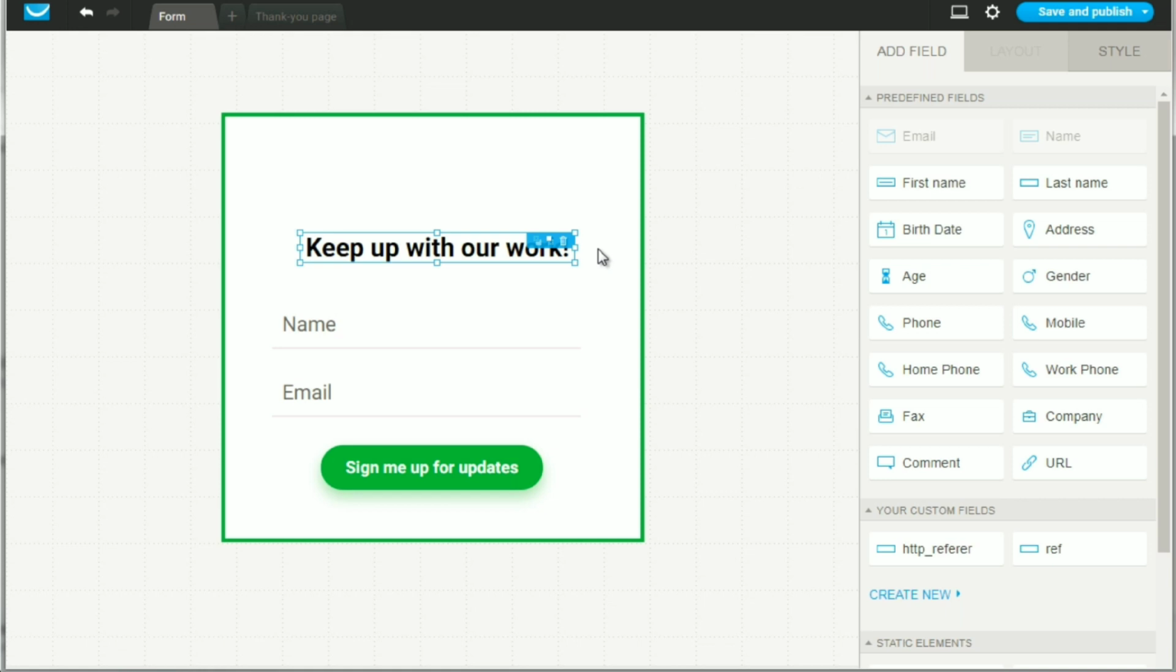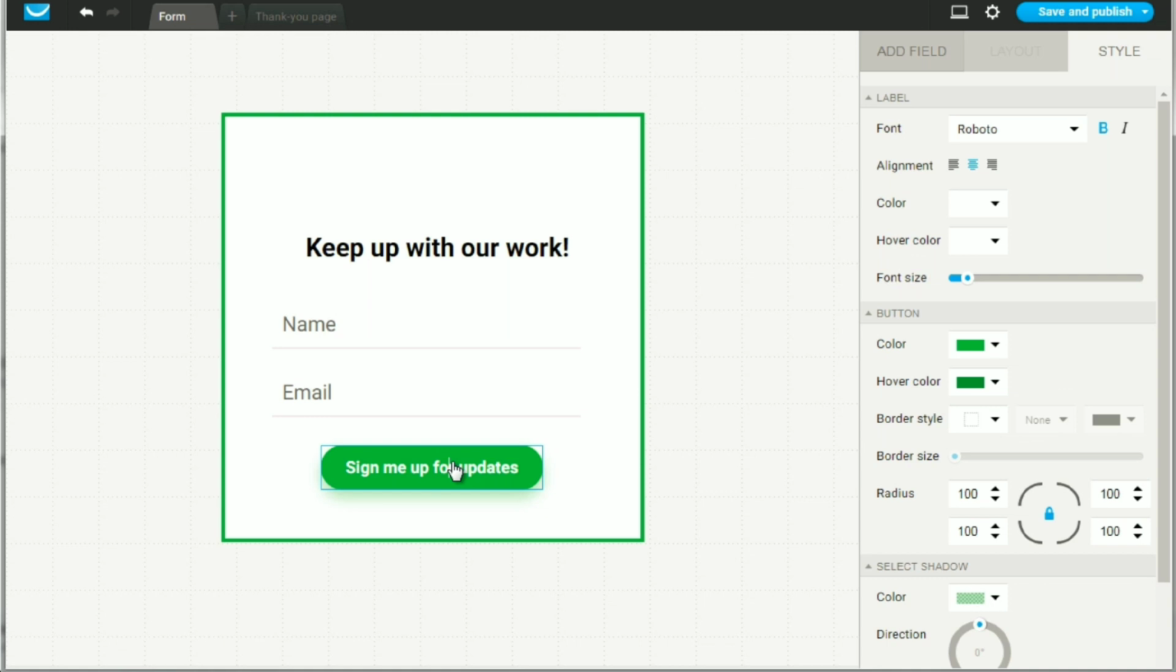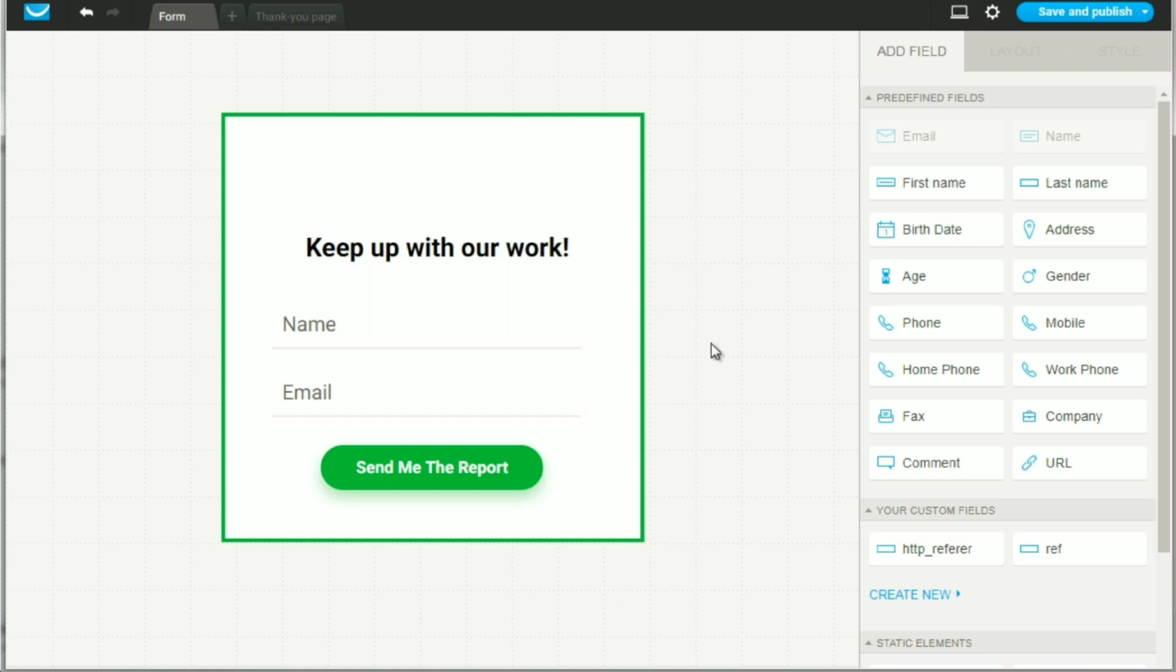So keep it simple, straightforward, to the point. Enter the name, email, and then sign up for updates. Now, what I recommend that you do, and this is something that has worked well for us, is to change this into something like send me the report. So that way, psychologically, when they click on that, they're thinking, oh, I want you to send me